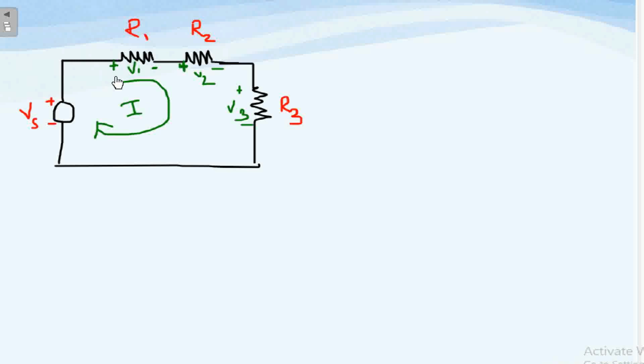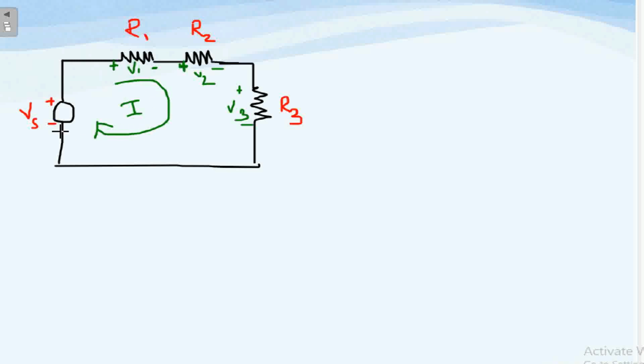For this one we have to consider the clockwise direction. So this is a series circuit, so the current flowing in the circuit across all the elements is the same. Here we have considered the current is I. Here we have to consider one convention. In some books you will find another convention, but you can follow any convention; I am telling one convention.